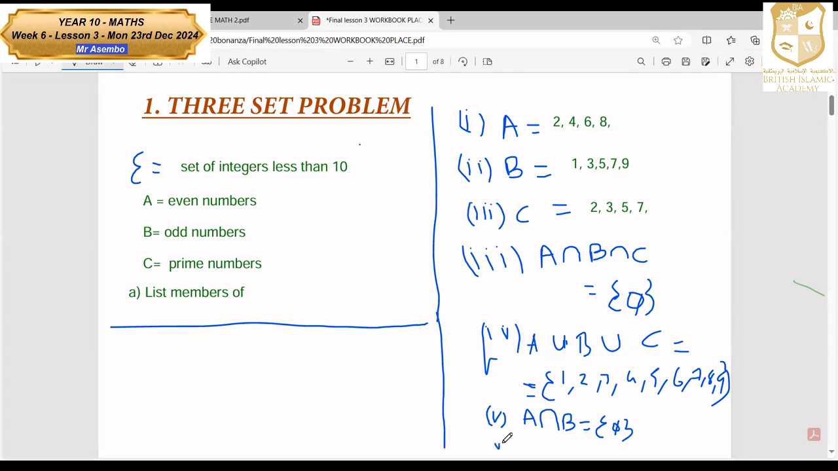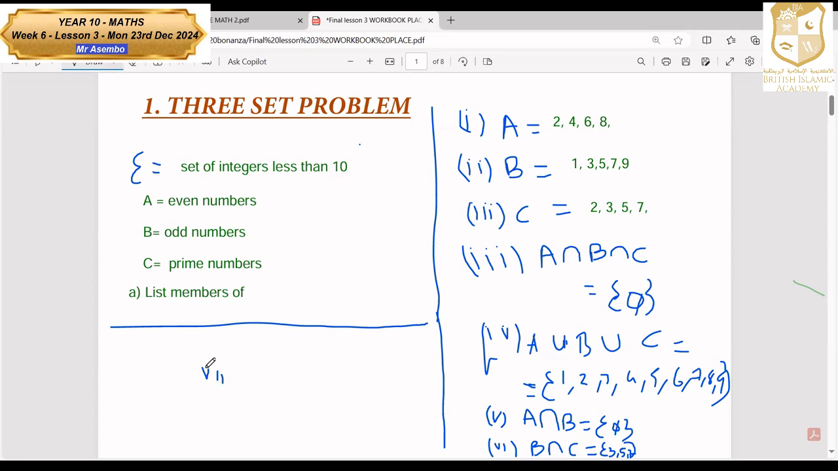Now, Roman 6, Aragsan. B intersection C. What would be B intersection C? 3, 5, and 7. Yes, 3, 5, and 7. And then Roman 7,